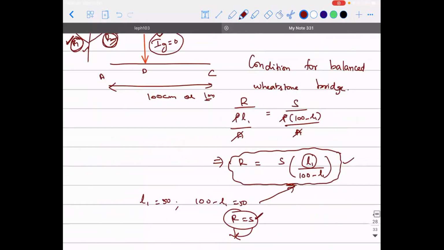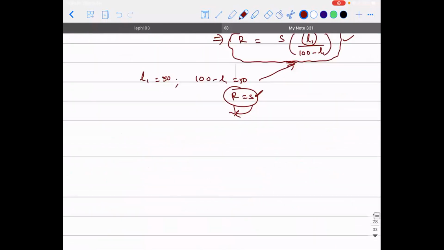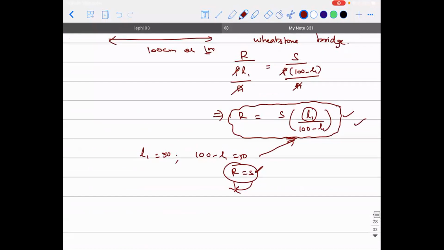So, am I clear? It depends on the current passing through the system, sir. Nothing to do with current. Because is this mathematical equation telling you anything about current? No, sir. Obviously, no. So it purely depends on what? The values of the resistances that you have taken into consideration.